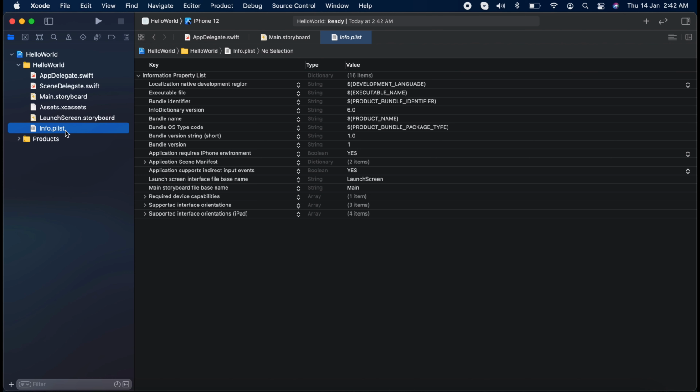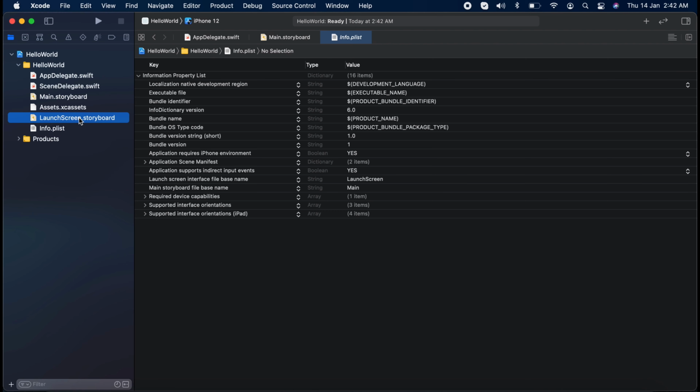Okay, so this Info.plist file is the main configuration file of your application, where you will be mentioning the version number, your bundle identifier. You can call the bundle identifier the ID of an application. Okay, and what is the minimum OS version you are targeting, and what are all the permissions your application is going to ask of the user, something like camera permission, location permission, all these things you will be mentioning, like whether it supports portrait or landscape, all these things you will be mentioning in this file.